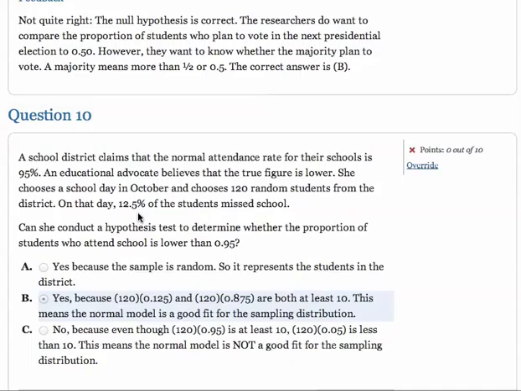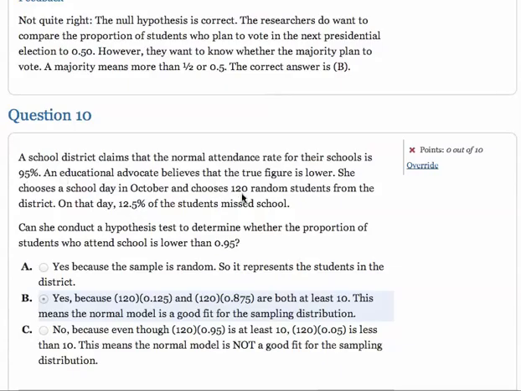It's actually 1 minus p-hat. But anyway, I'm sorry, it's not even that. Just forget what I said. Anyway, that's the number, the percent who missed school. What we really need to do is calculate the expected number of successes and the expected number of failures. We get that by using the population parameter, 95%, because this is a hypothesis test. So assuming that this is the true value, how many do we expect to be in attendance?